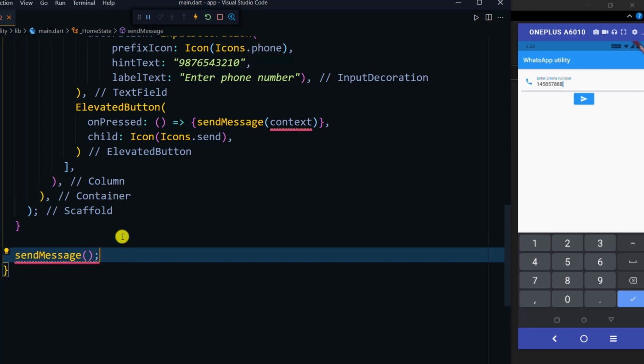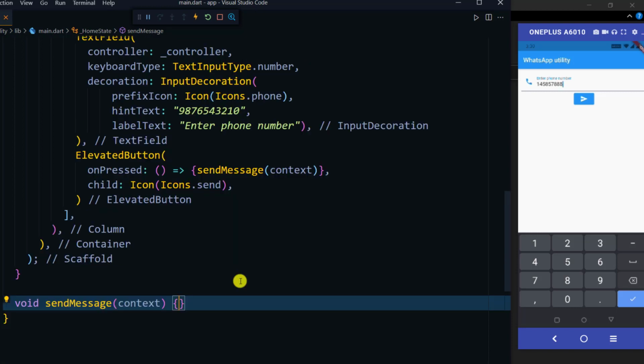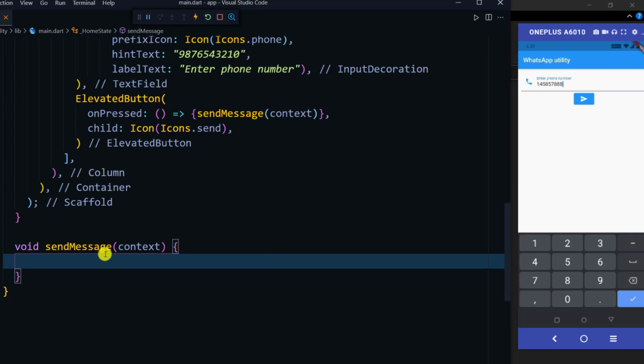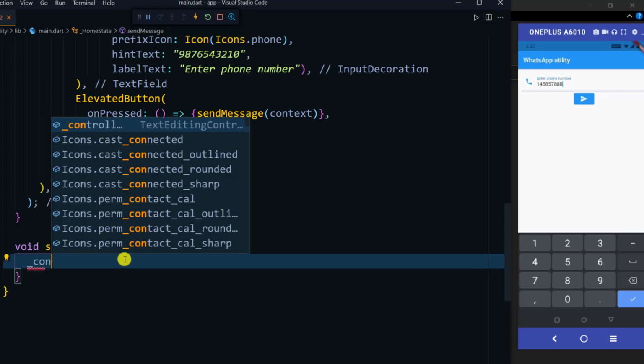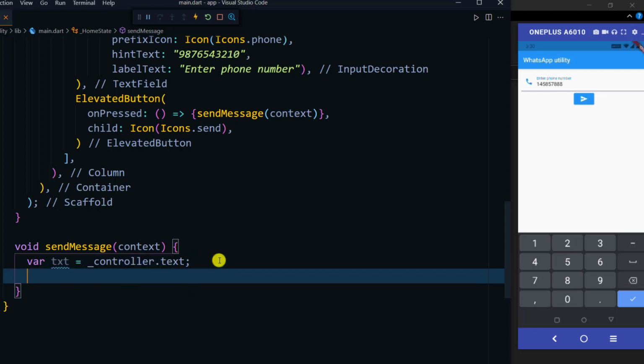Okay, so we have created a function called send message, and we have to receive this context. Here we are going to get the text, right? So first let's store that. I'm going to say controller dot text, and we'll store that. So var text equal to,